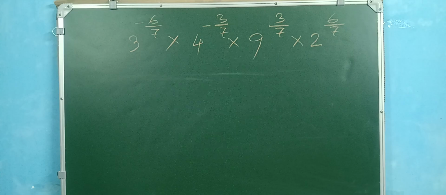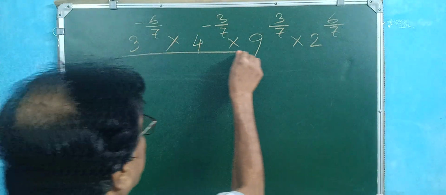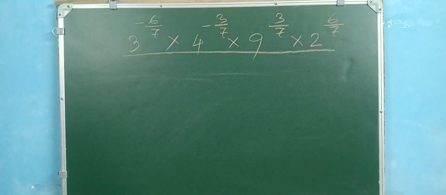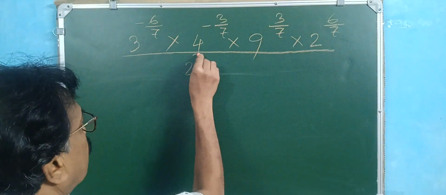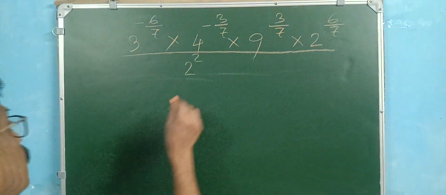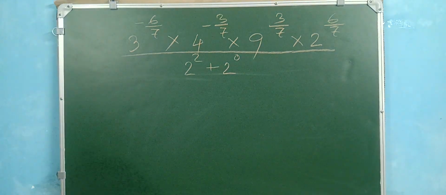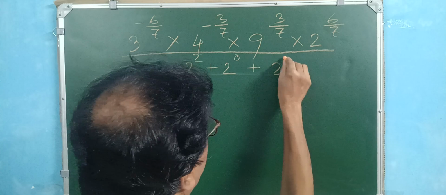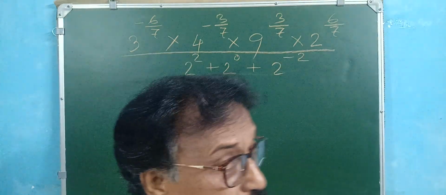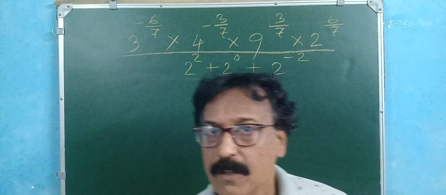Just I write this one also: 2 square, plus 2 to the power 0, and plus 2 to the power minus 2. This is the total sum. You solve it, okay. So now